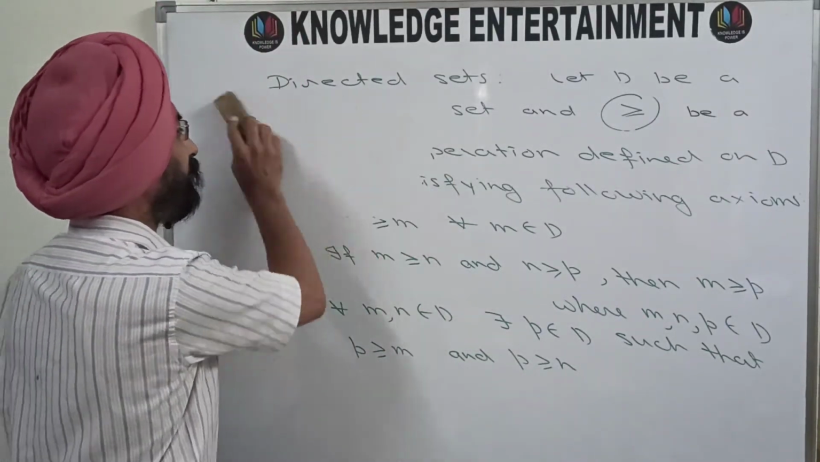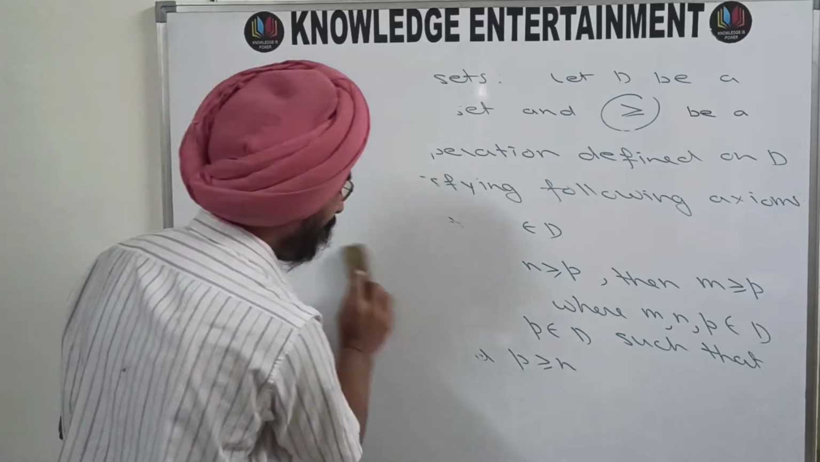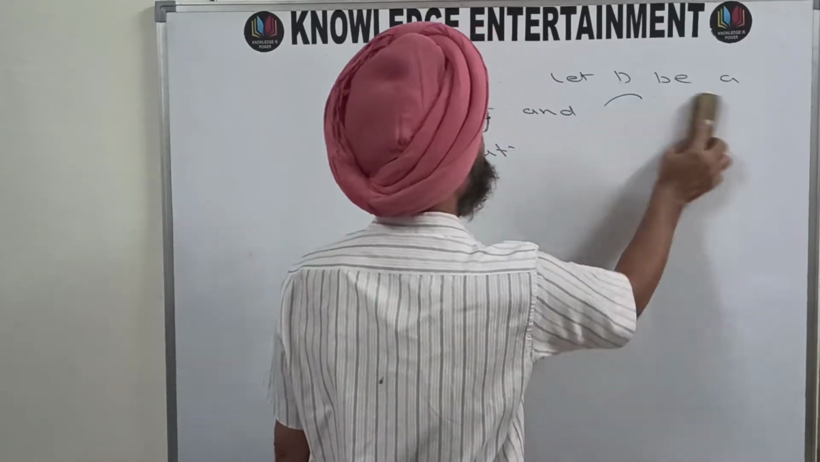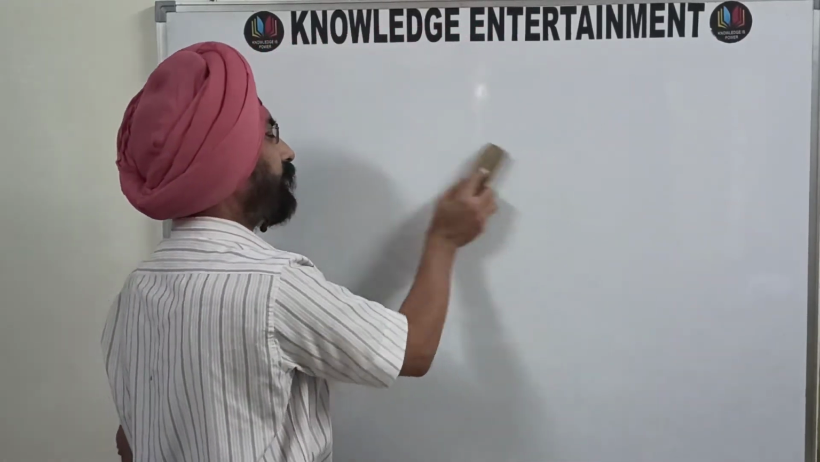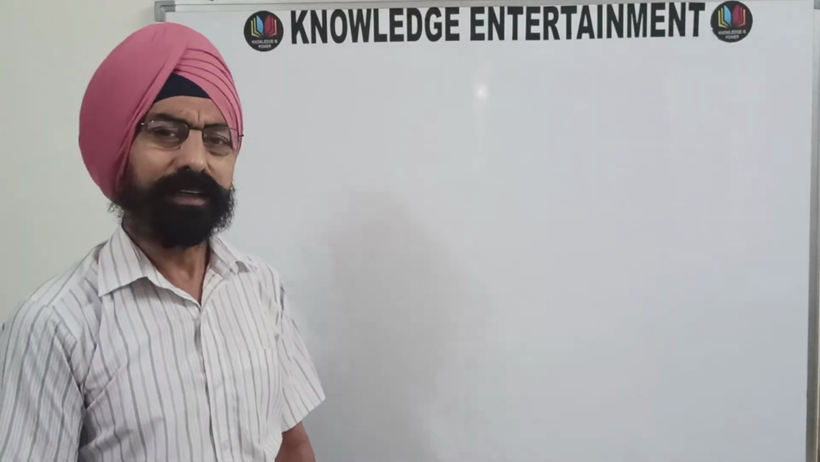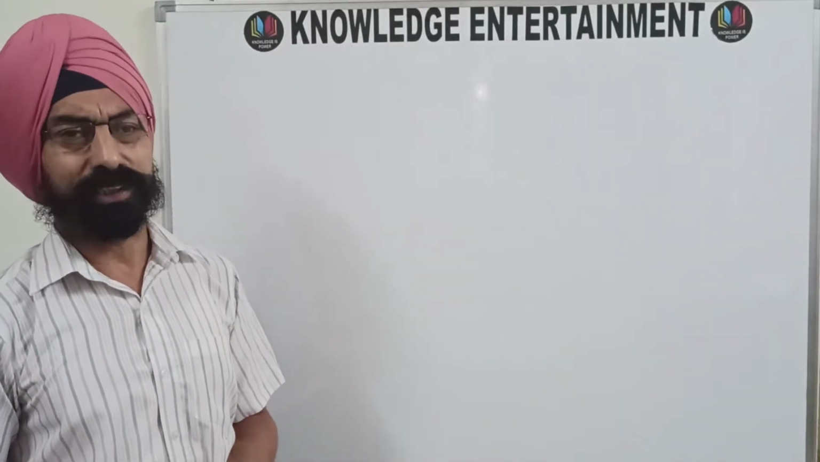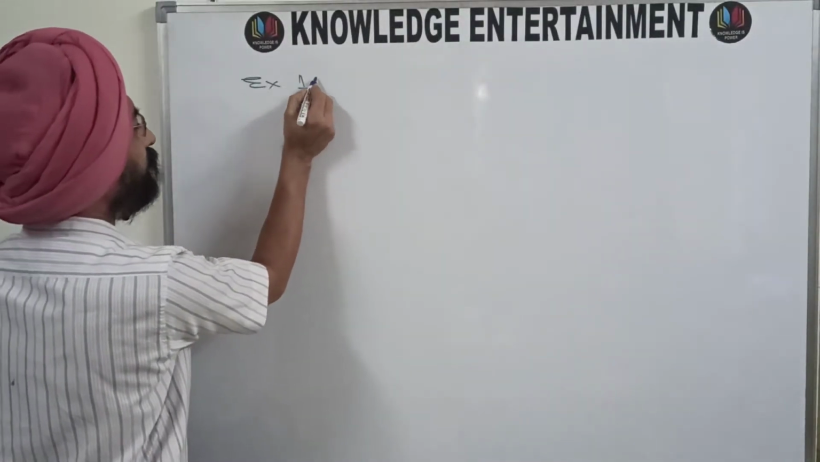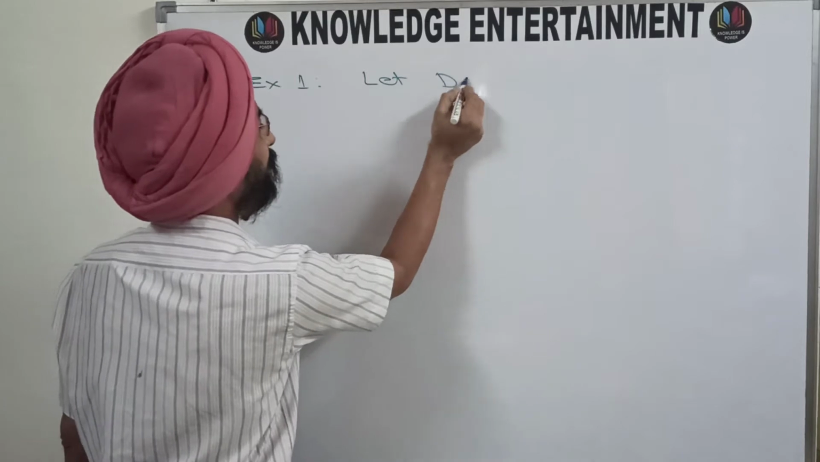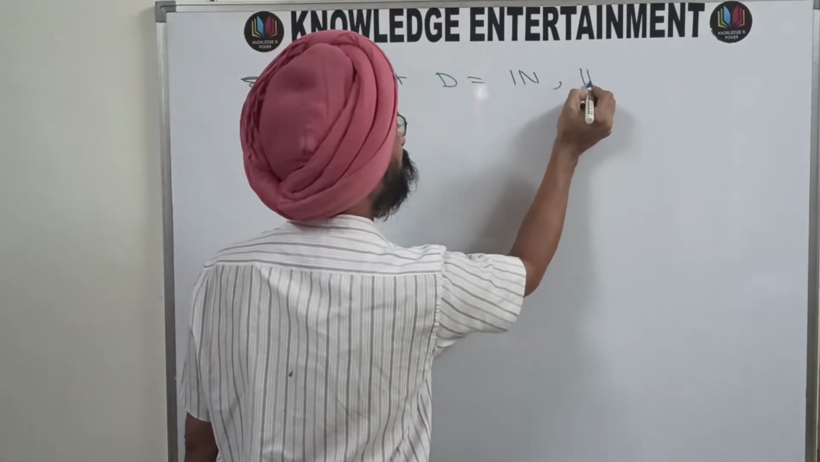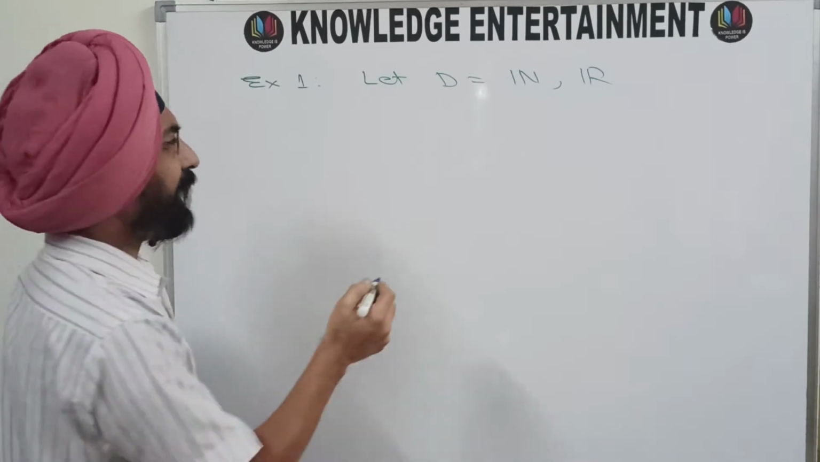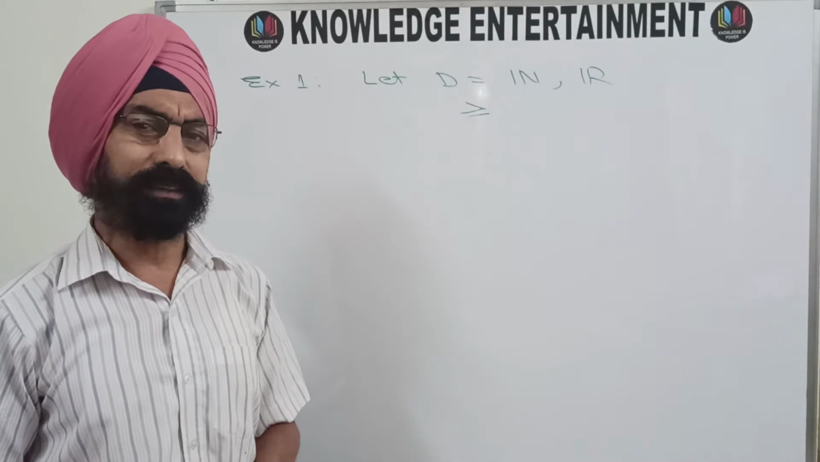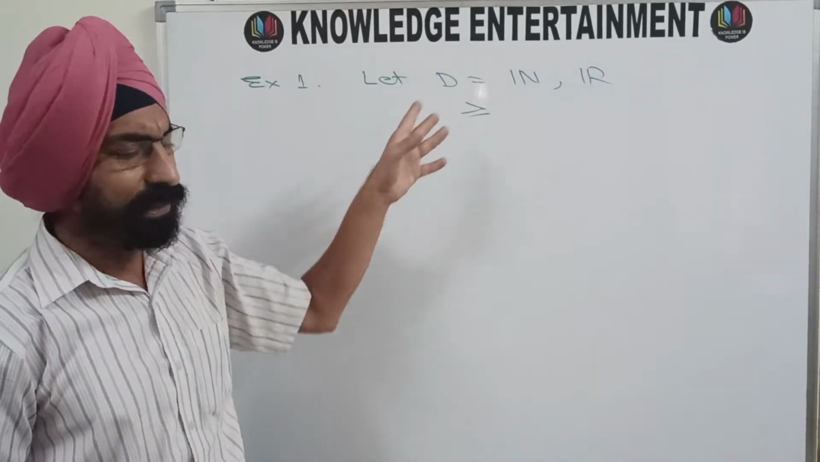And then we will give some examples of directed sets, and the binary operation may be greater than or equal to in its usual sense, or it may be something else. So in the first example, you can take your D as the set of natural numbers or the set of real numbers and take greater than or equal to in its usual sense, and then this will form